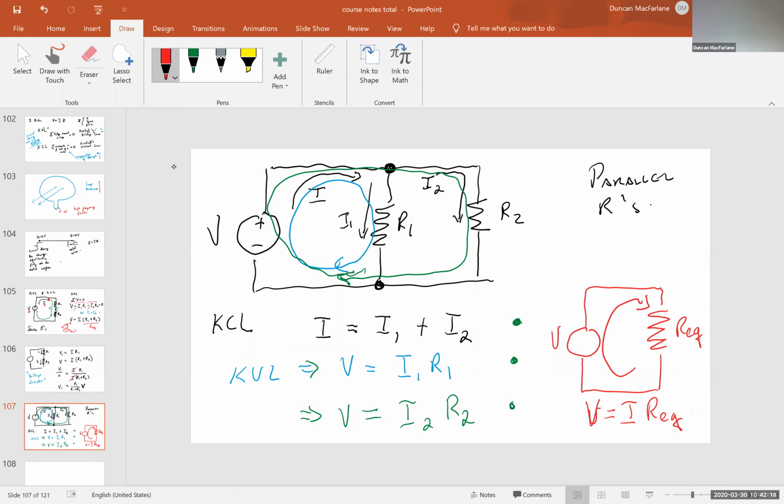So this V here is the same as this V here, is the same as this V here. So now I'm just going to start putting